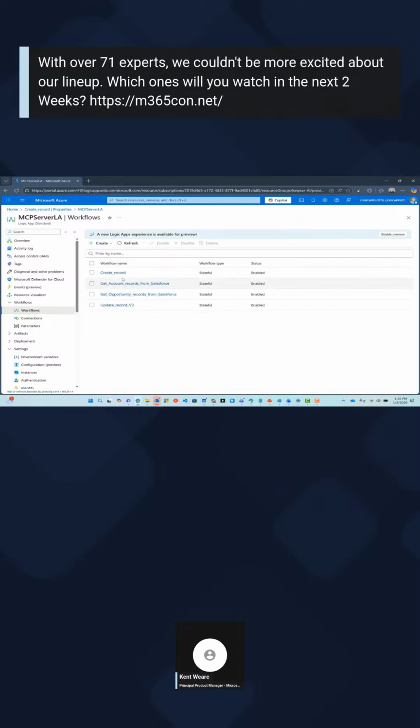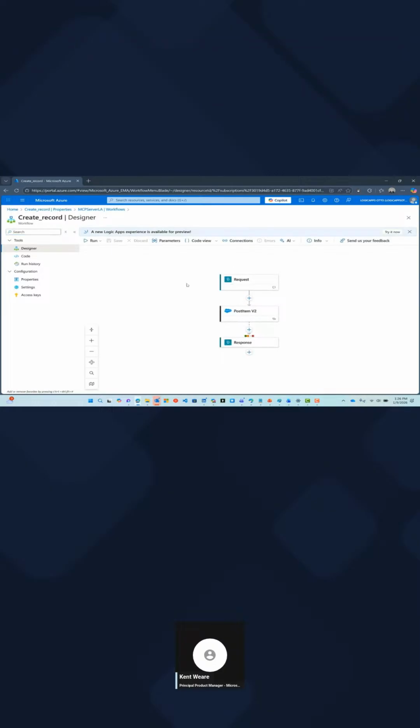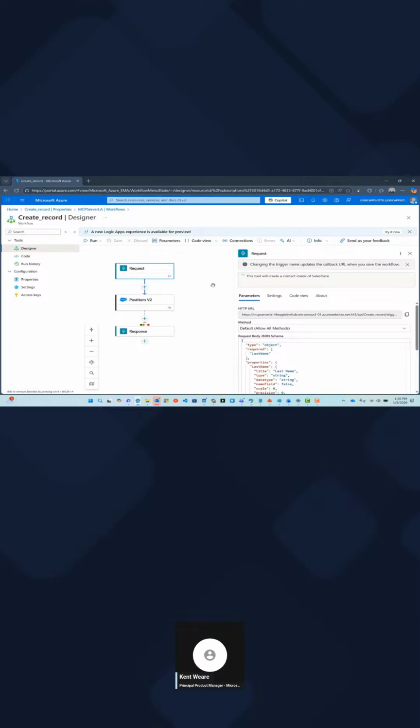Now we did show a little bit of this, but there was one other piece that I wanted to mention as well. So within a workflow, if we have an HTTP request trigger and a corresponding HTTP response action, that workflow becomes eligible to be an MCP tool. Now, as we've alluded to a few times, tool descriptions are pretty important because they give the agent and the LLM the ability to understand what the tool is capable of doing. And naturally, when it comes to execution, that becomes important information.